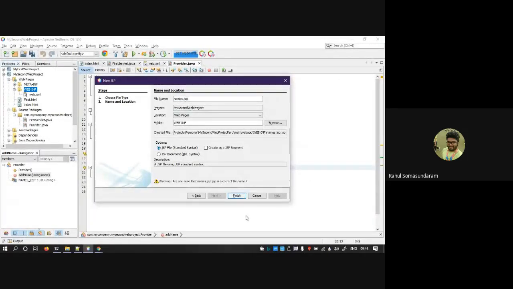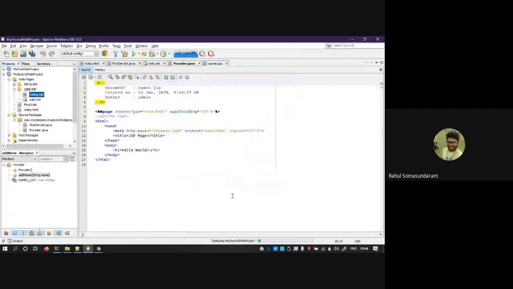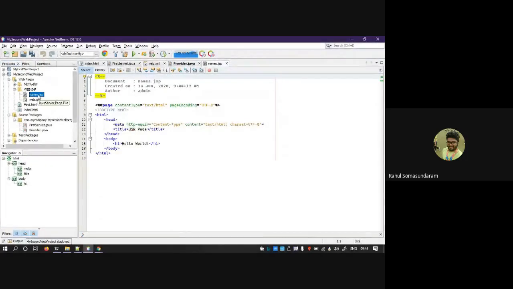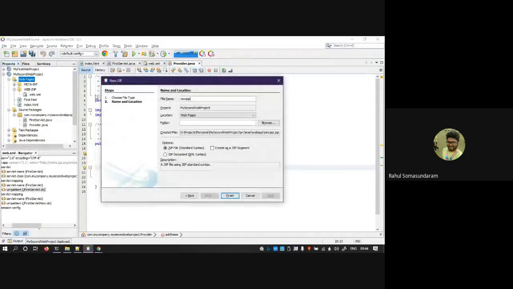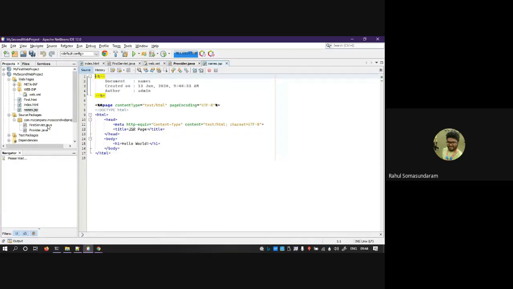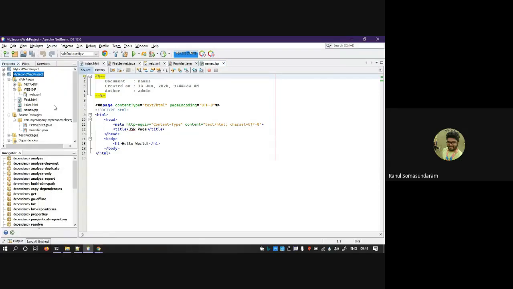I am naming it names.jsp. Okay, here the names.jsp has come. What is the beauty of this page? For servlets, you add the servlet mapping in web.xml, correct? For JSP pages, you need not map any servlet mappings. As soon as I click run,